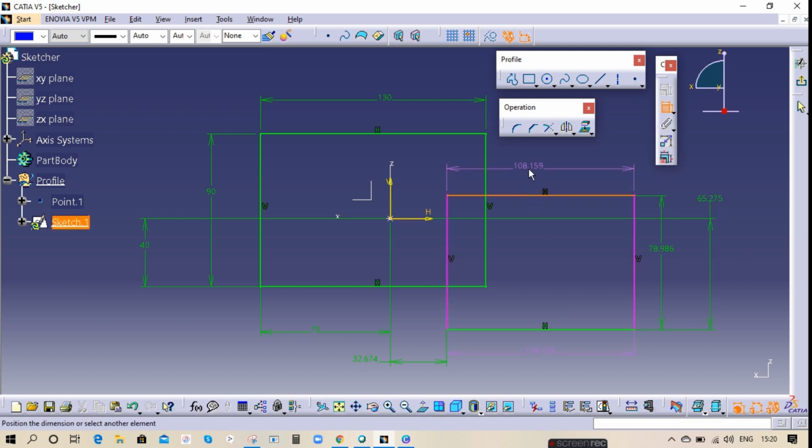See, whenever you see this pink color, this is called over constraint. If I select to give another dimension somewhere here, anywhere, this color will highlight. This color means this is over constraint. Over constraint means this dimension is already there, so no need to give this dimension. That is the solution for that. So there is no need of giving another dimension. If you see any pink color, you can directly delete that dimension, since we have all dimensions, and also it is in green color now.